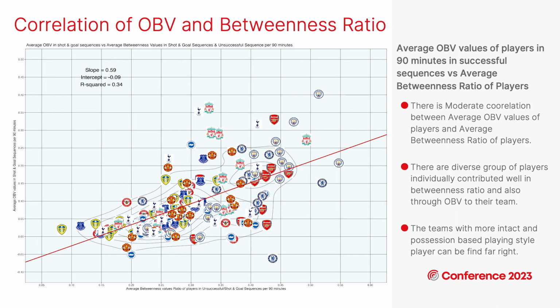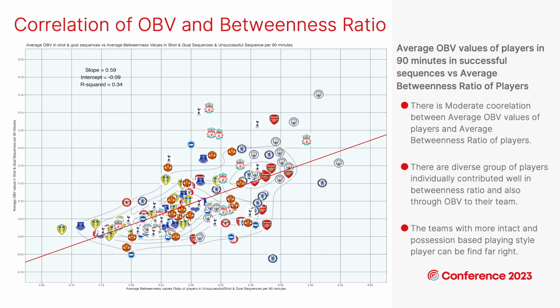Now, let's go into the correlation of OBP and betweenness ratio. Here we calculated this betweenness ratio, which I explained in equation 4. On the y-axis, we created the average OBP value in shot and goal sequences per 90 minutes. Here we find a moderate correlation, meaning the player who has a higher betweenness value also has a higher